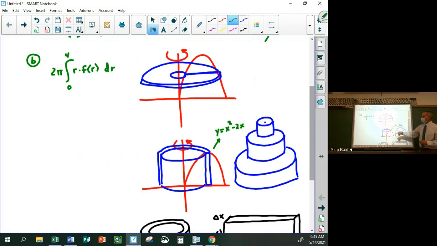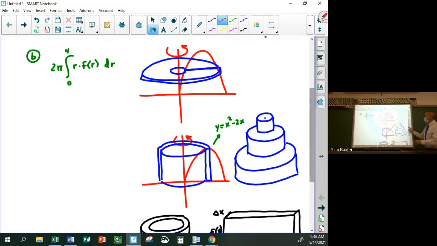So this problem, the bacteria kind of look like this, except the opposite, right? So the innermost cylinder is the shortest. Then the next one's a little bit taller. Then the next one's a little bit taller. It's just hard to draw that so that you can actually see what's going on. But can you kind of picture the situation? Okay, so if you're trying to calculate or estimate this volume using a right Riemann sum of cylindrical shells, which is mind-blowing, I've never really seen a problem like that. But if you kind of picture what that situation might look like,